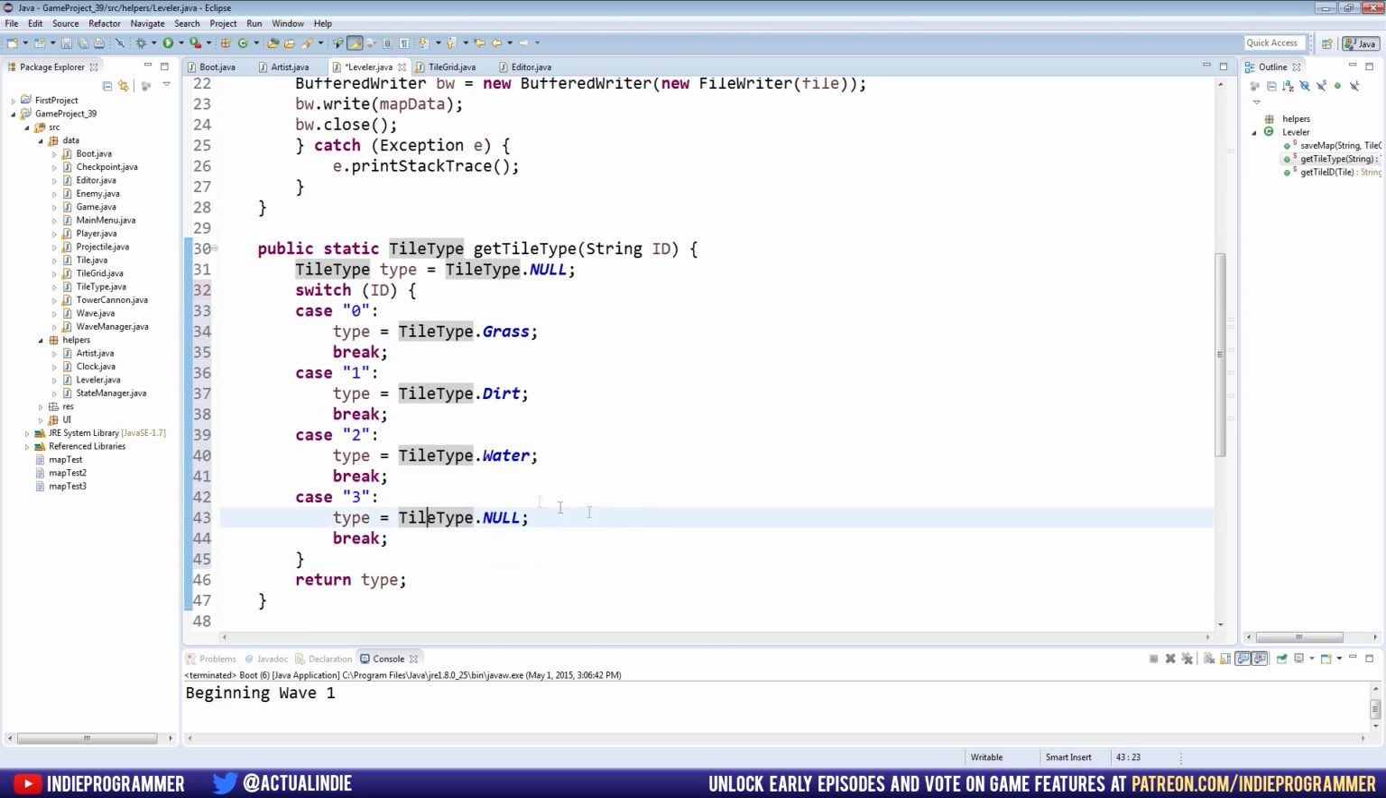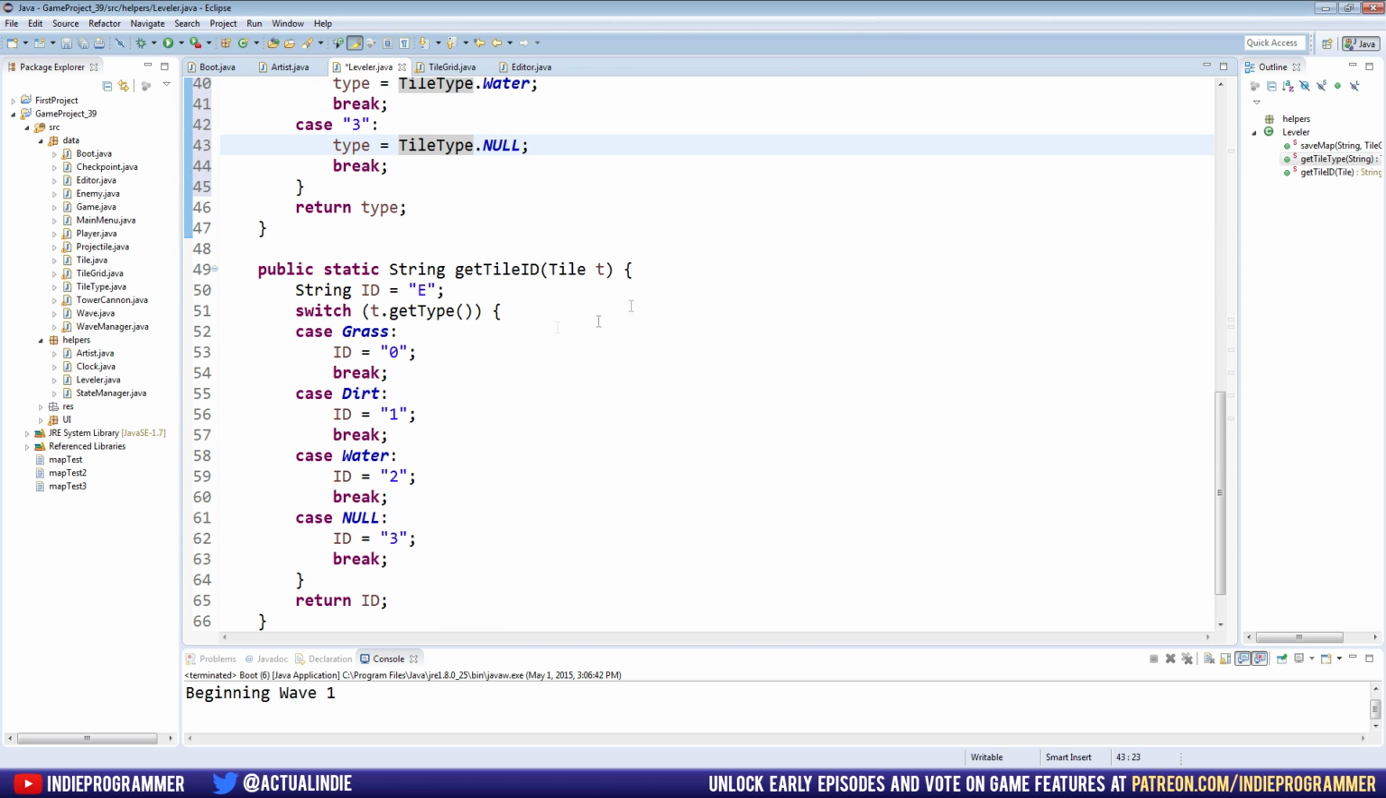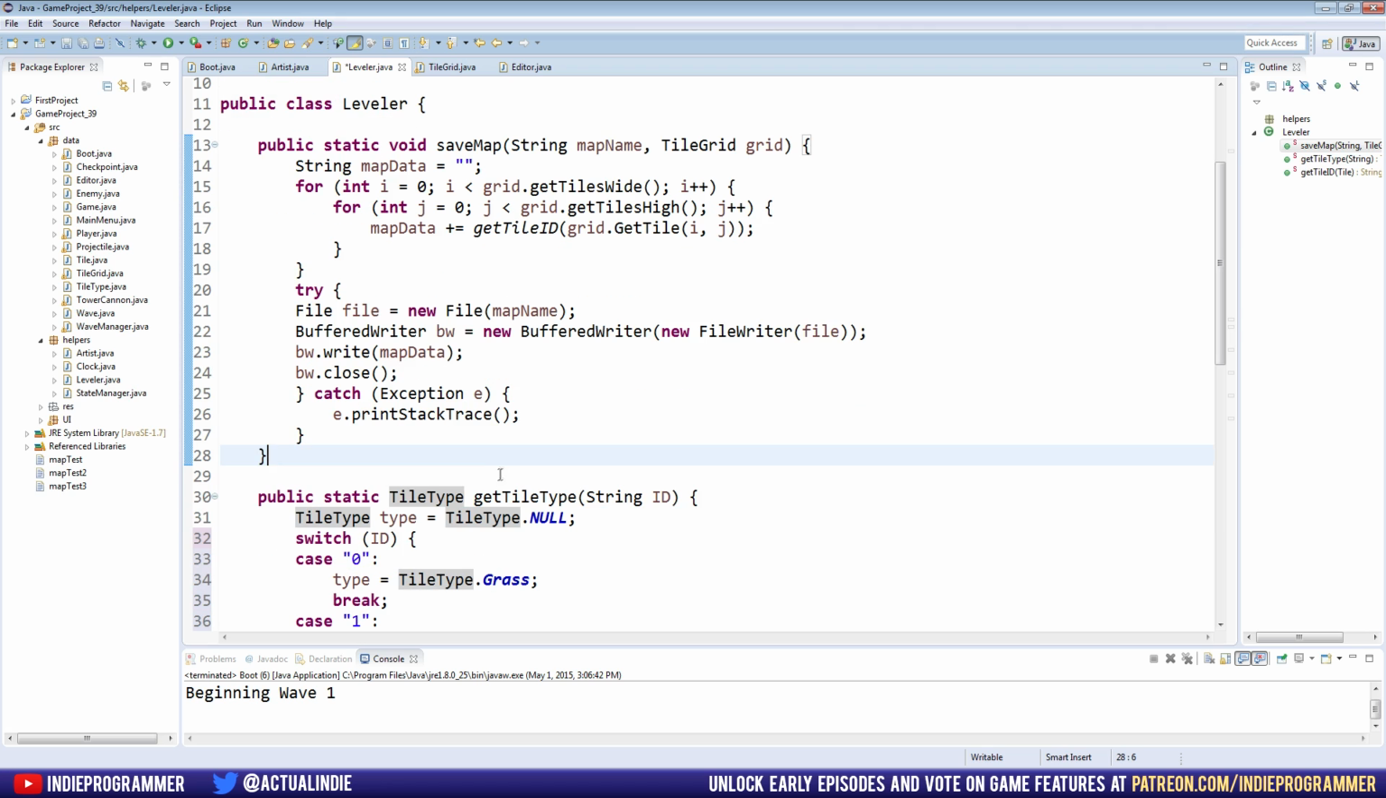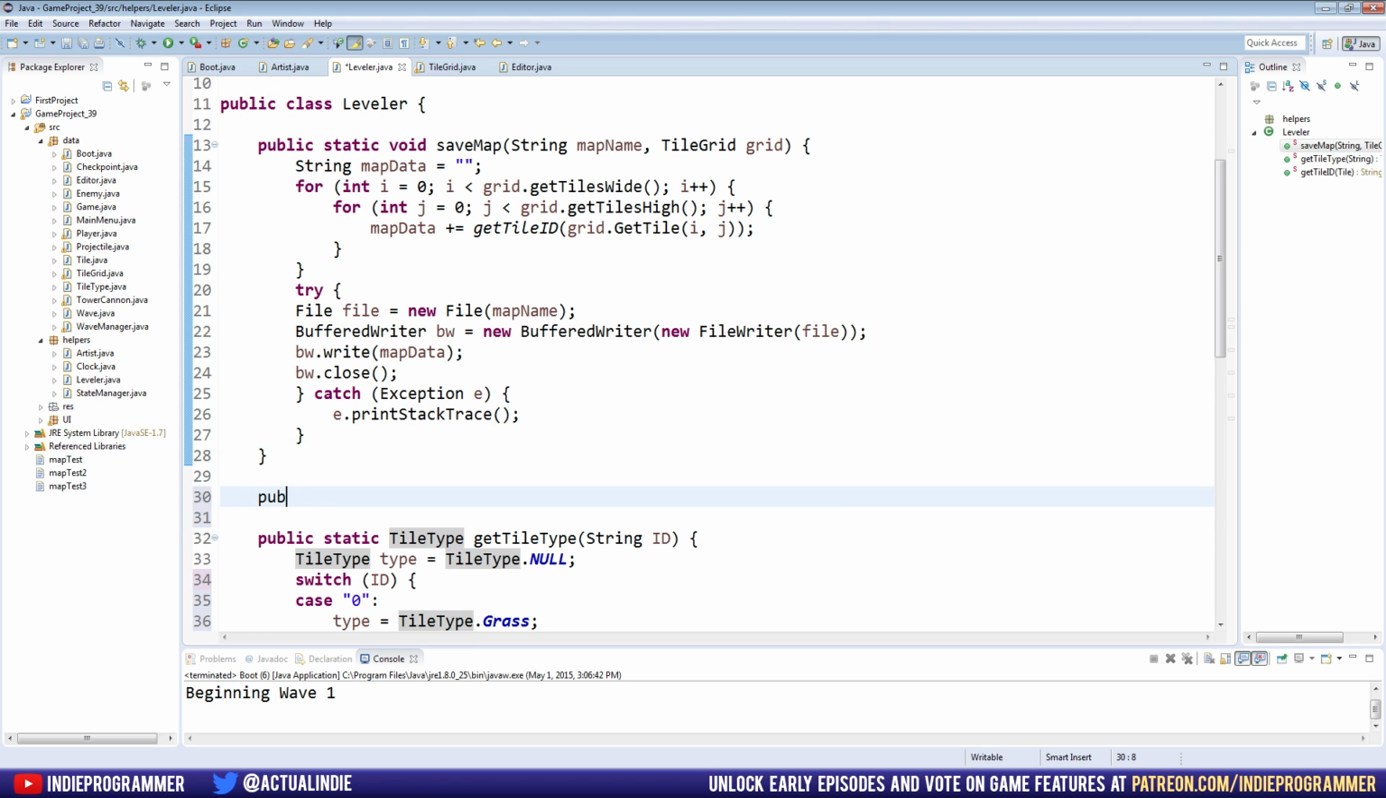So the reason it's kind of the opposite of getting the string from the tile type is because last time we were saving the map and now we're loading the map. So we're trying to read what we saved. So let's go ahead and make a public static tile grid. We're going to return the completely finished grid here, not just some kind of array of data. So public static tile grid load map, and the only thing it needs is the map